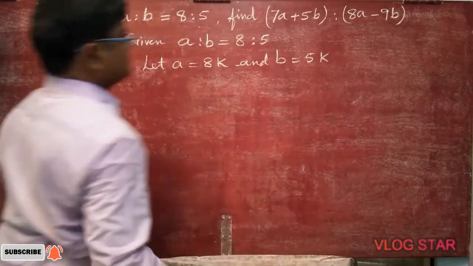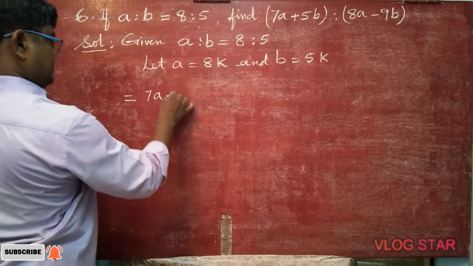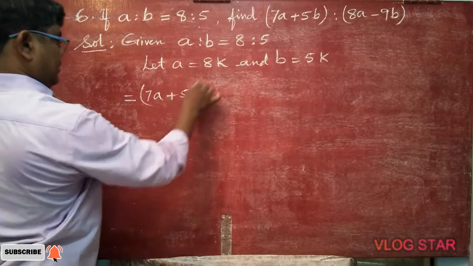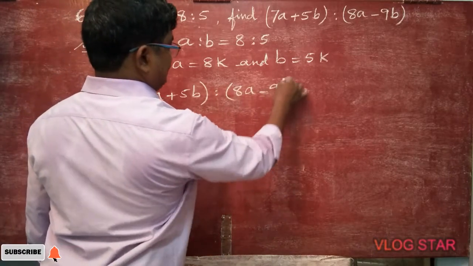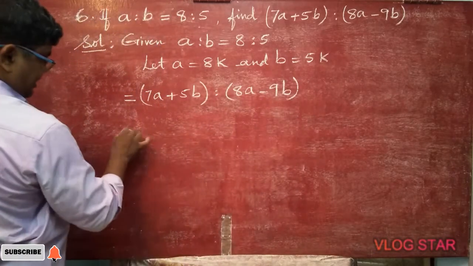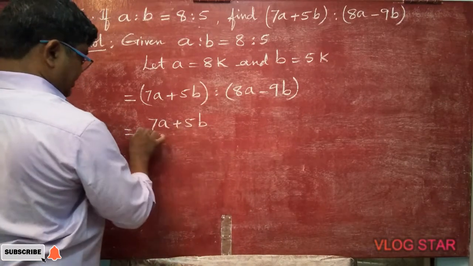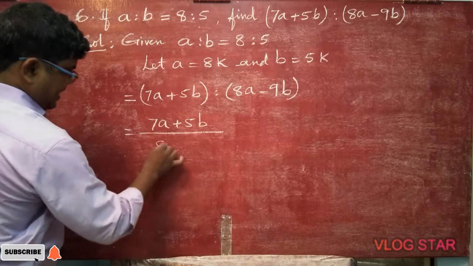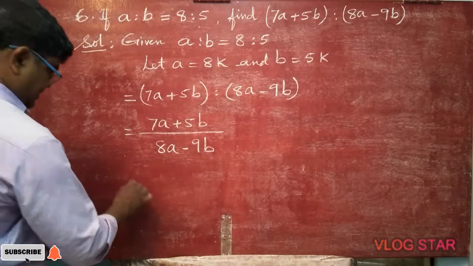Now they are asking to find 7A plus 5B is to 8A minus 9B. We can write another form, 7A plus 5B divided by 8A minus 9B, that is equal to